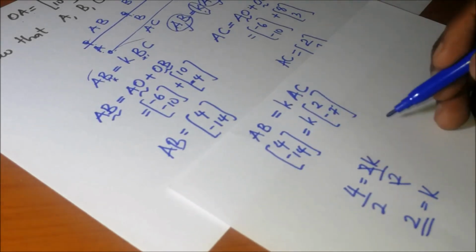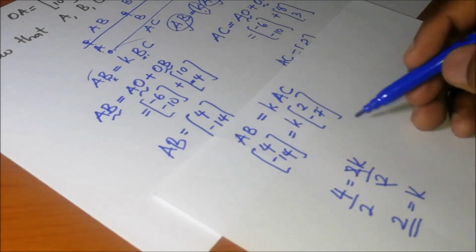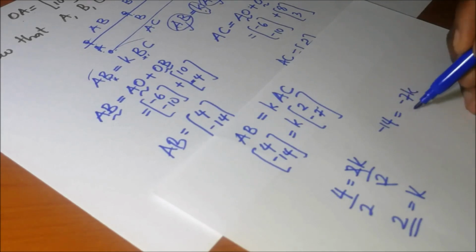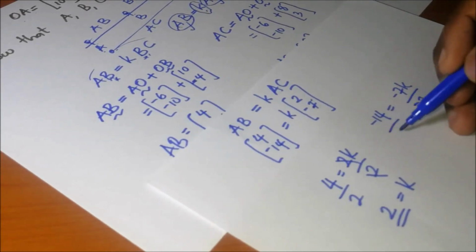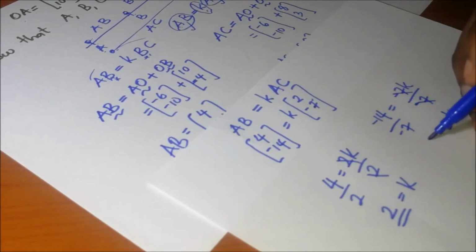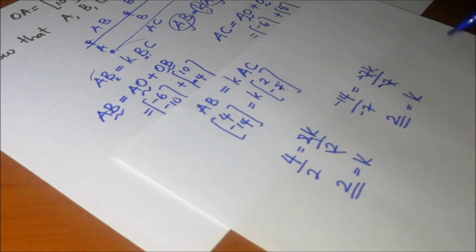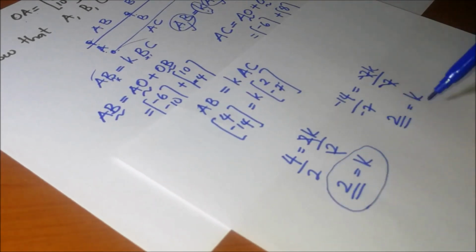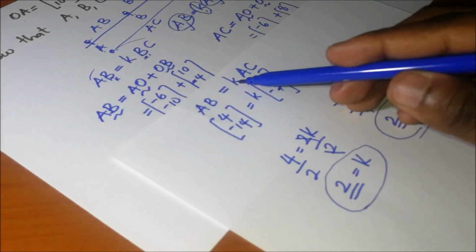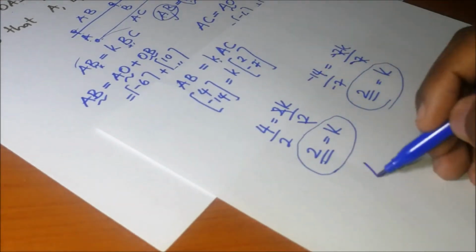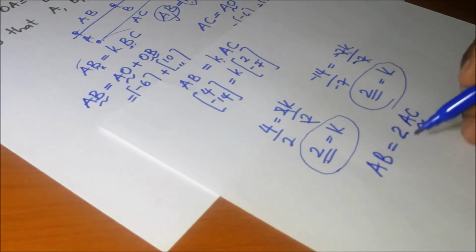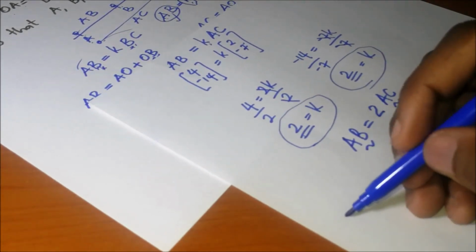When we do the same thing down, it's going to become -14 is equal to k times -7, which is -7k. Divide both sides by -7. When we divide through, our value of k is -14 divided by -7, which gives us 2. So you find that when we do it upwards, our value of k is 2, and our value of k here is also 2, so our value of k is consistent. So it means our value of k here, we substitute in the value 2. So it means that AB is equal to k, which is 2, times AC. So we shall conclude by saying that therefore